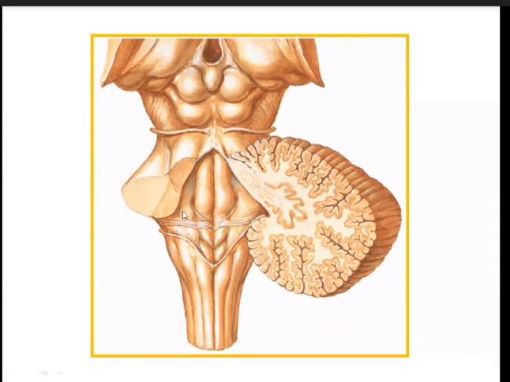So this is the floor of the fourth ventricle. The upper open part is formed by the pons, and the lower part is formed by the posterior aspect of the medulla oblongata. So this is the stria medullaris, the junction between the pons and the medulla, the hypoglossal trigone and the vagal trigone, and area postrema. This is the vestibular area on the lateral aspect. This area is formed by the posterior aspect of the medulla oblongata, and this is the fasciculus gracilis and fasciculus cuneatus. They are the continuation from the spinal cord.